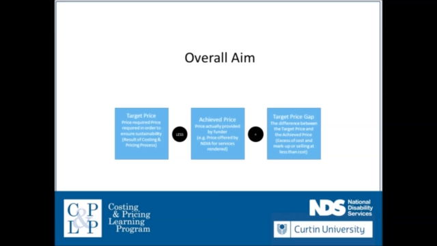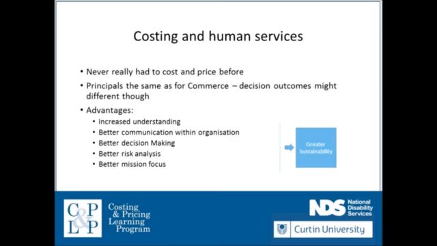The achieved price is, of course, the price that's actually provided by the funder. So in this case, we've used the example of the price offered by the NDIA for services rendered. The target price gap at the individual service level is very important, but perhaps from a director's perspective, the aggregate target price gap, so that is the gaps for all of your services in the context of the service mix, that is the numbers of each type of service that you provide, becomes most important for you because that actually highlights then the extent to which you have a financial gap that needs to be strategically closed.